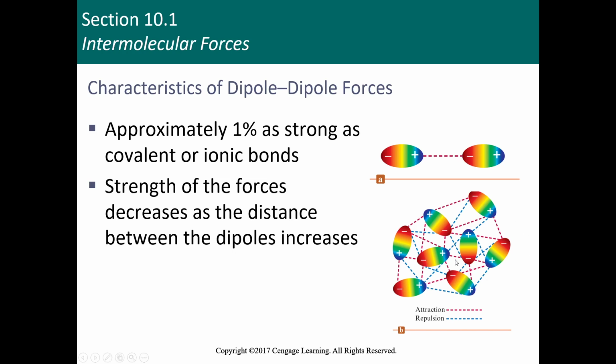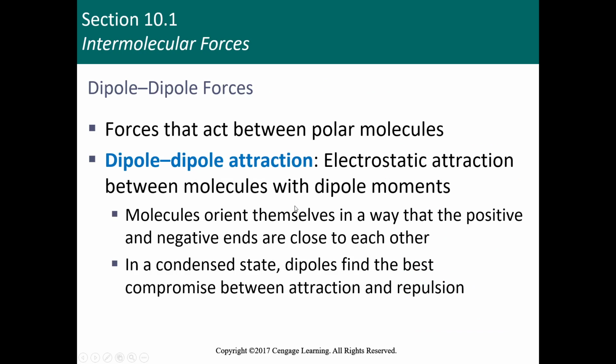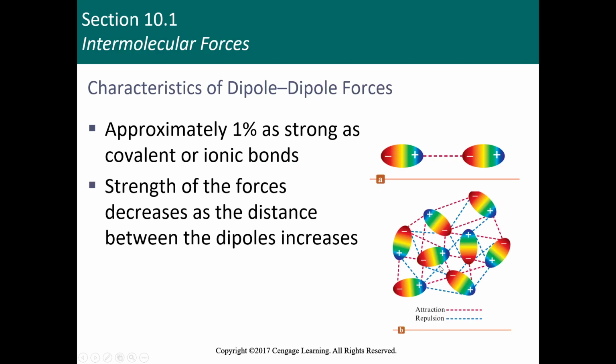This is a great diagram to understand this sentence right here. In a condensed state, dipoles find the best compromise between attraction and repulsion. So you'll see here that these magnets have attractions going on between the positive and negative ends. And then they have repulsions going on between the negative and negative, and positive and positive ends. What that means is you can't just shove all of them as close together as possible so they're touching each